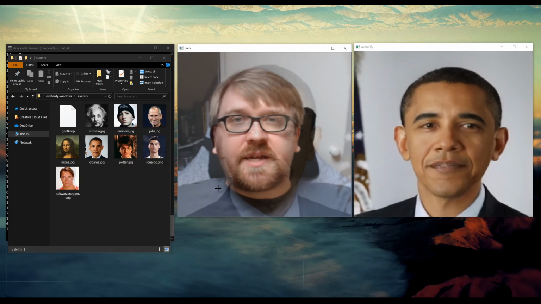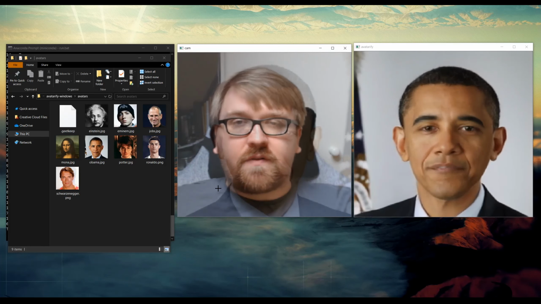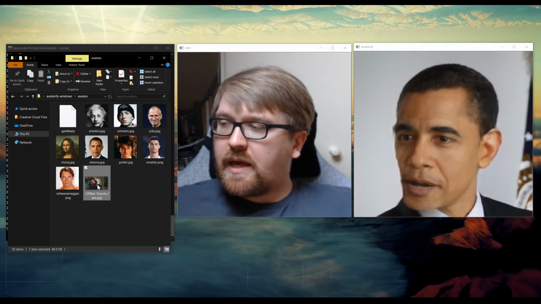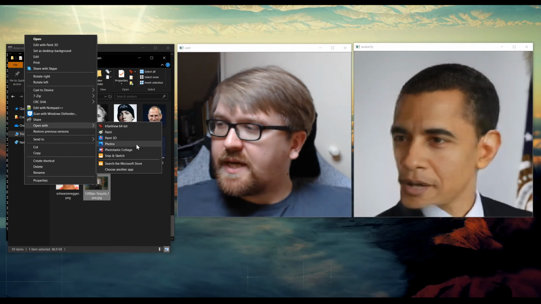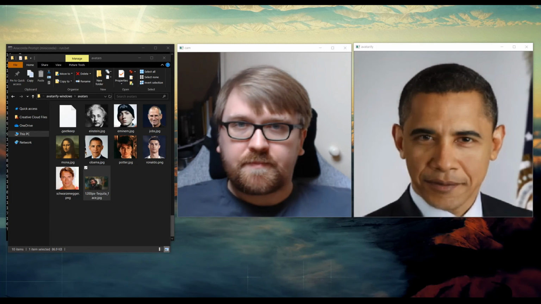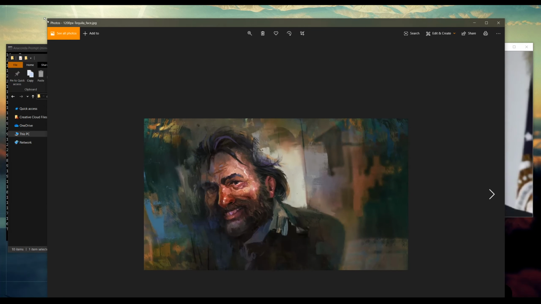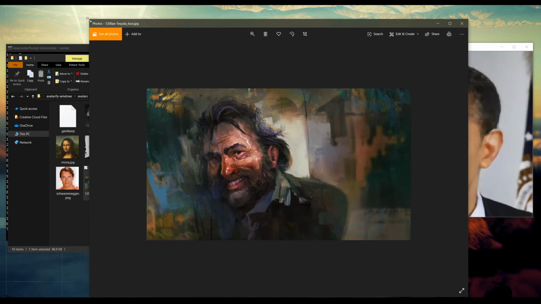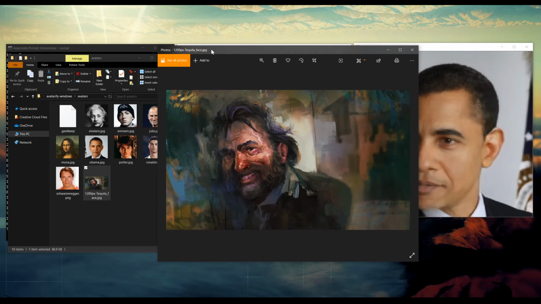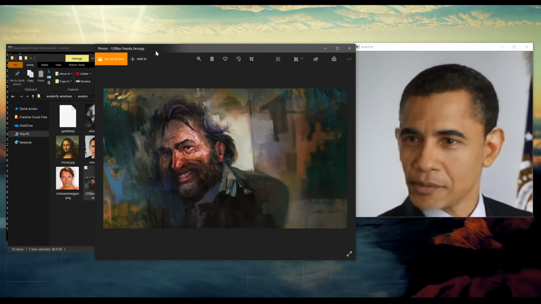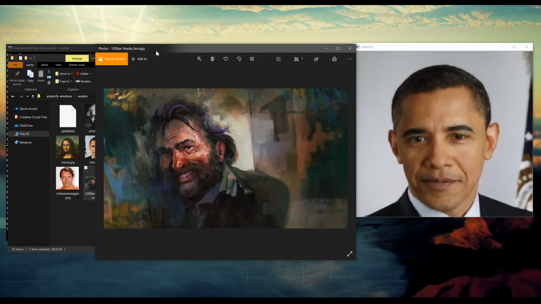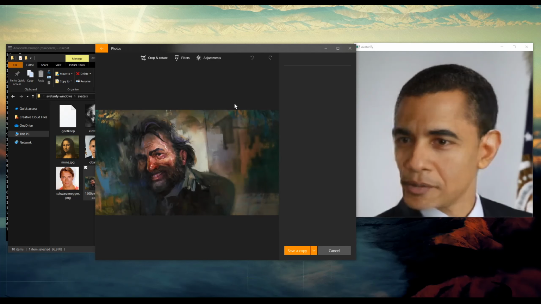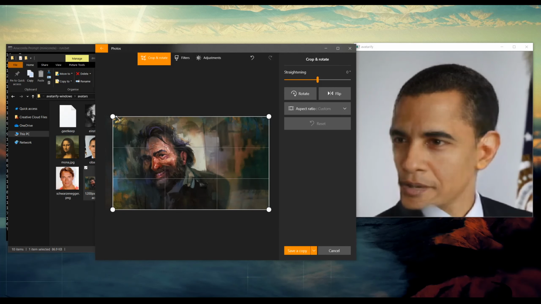Well, next up, let's try and add an avatar of our own. So here I've downloaded a picture of old Mr. Tequila Face from Disco Elysium, and if we open him in the Photos app, you can see it's a nice high-res photo. The photos really don't have to be particularly good, since, as I mentioned before, we're only really using 256 by 256 resolution. The main thing that we want to do is go to the crop tool and pick out